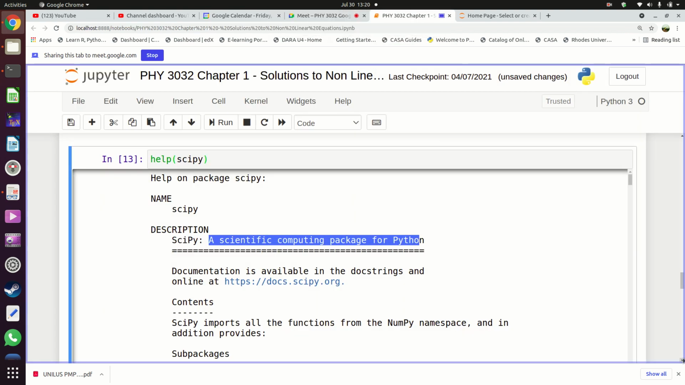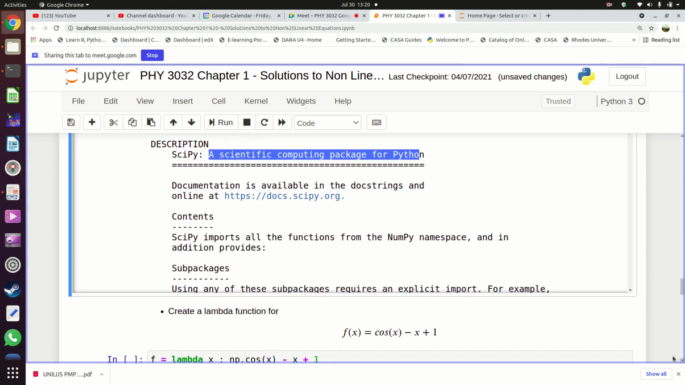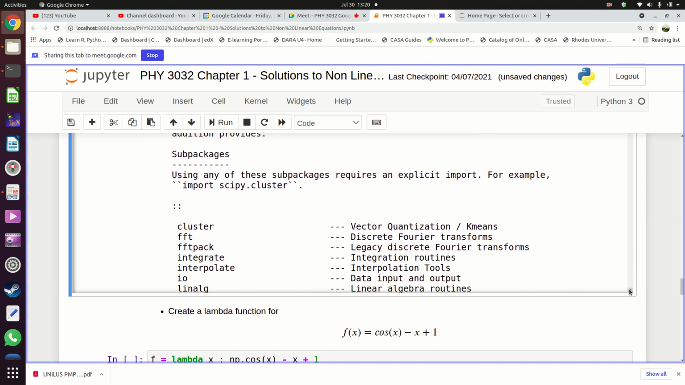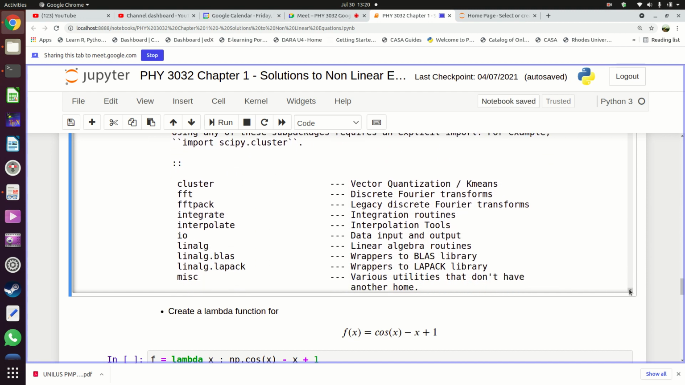Next, what are the contents of this module? Scipy imports all functions from NumPy. So scipy has got everything which NumPy has, and additional packages. Now these additional packages are what we're interested in. One of the additional packages we're interested in is